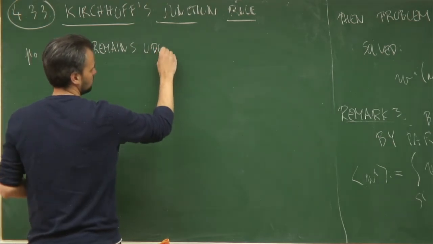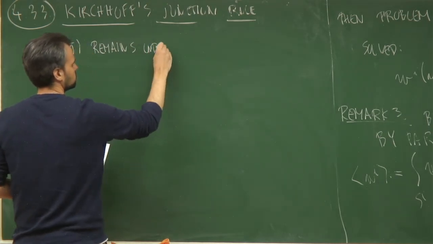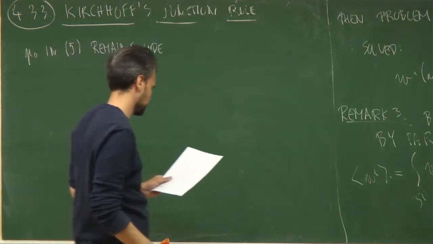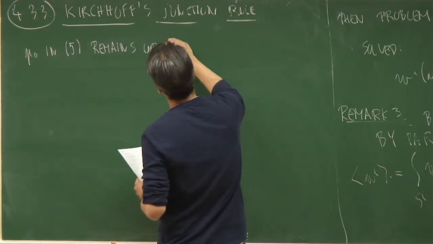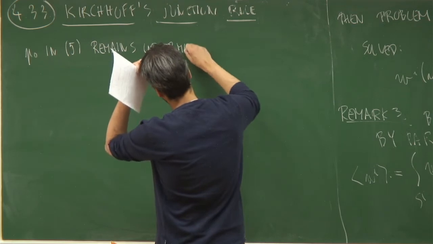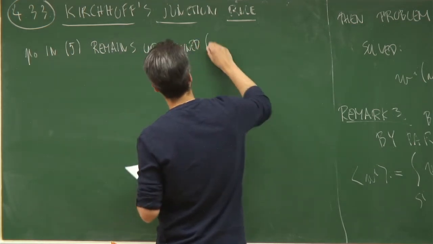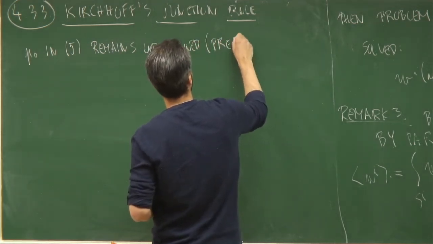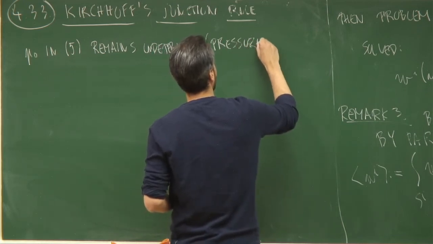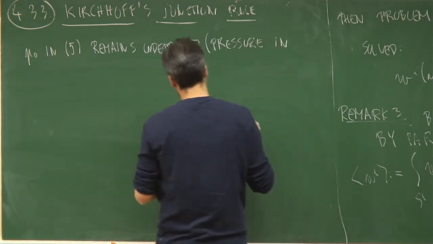So we in some way need to determine this. This we haven't done yet, so it remains undetermined. So this is the pressure in the junction